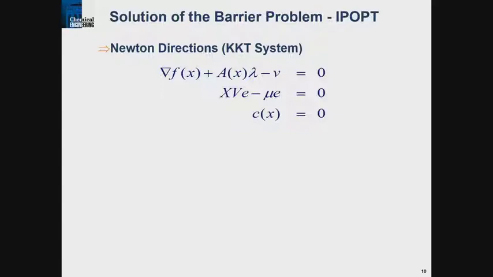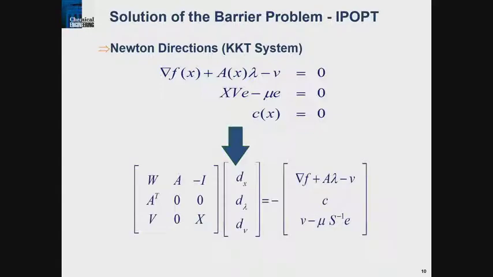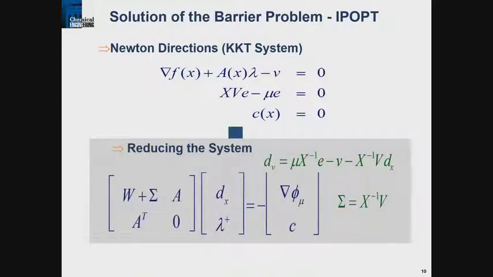So now when we solve this, there are many details here I'm going to leave out, we solve this with a Newton method. Okay, so those are the conditions. If you write down the Newton step here, there's the Jacobian of those above equations, and those are the variables. Because these are diagonal matrices and they always have positive elements, we can eliminate the bottom row here and the last variable vector, and what we end up with is a very nice symmetric indefinite system. This is the key, the most expensive step in the algorithm.